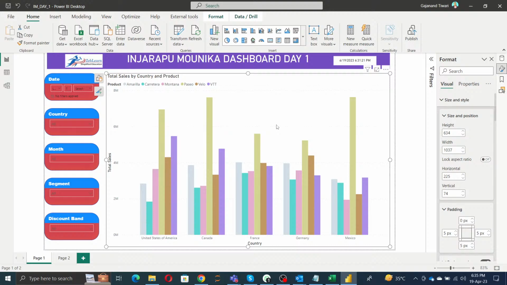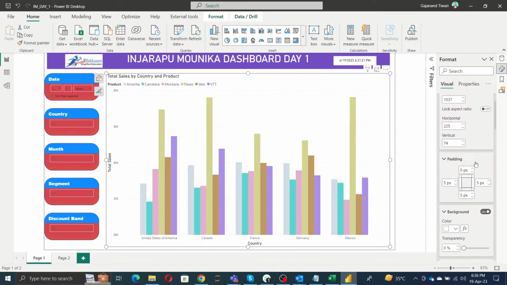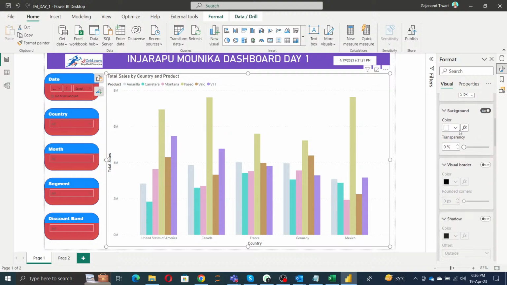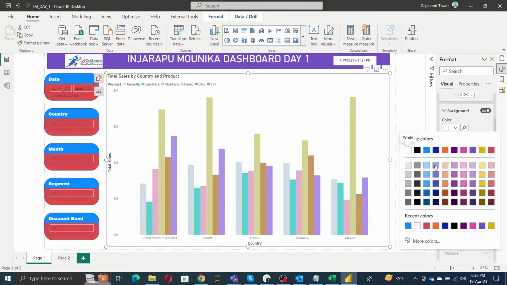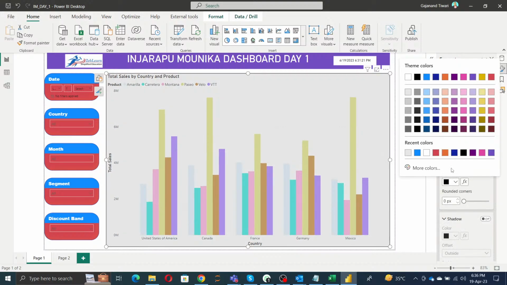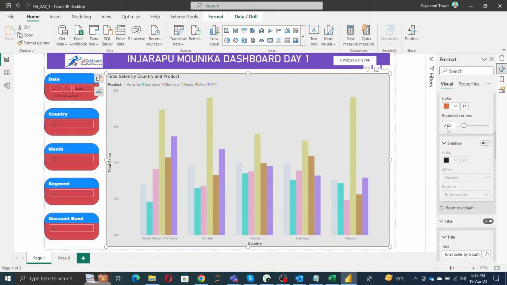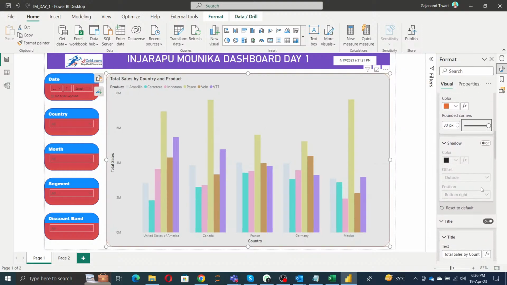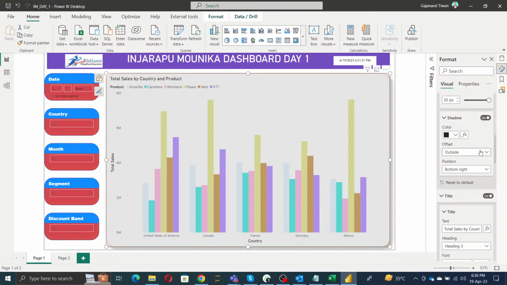But by the way, one thing I appreciate is that you have selected a nice color. I really like this color. Now, talking about the labeling and everything, we need to correct that. So click this visual, and after that let's change the background color a little bit. Visual border should be this color. Rounded should be this, and shadow should be inside, and the color should be